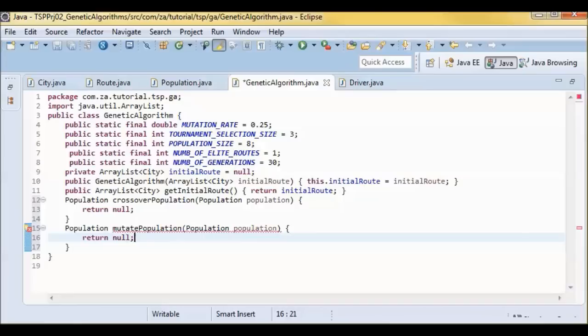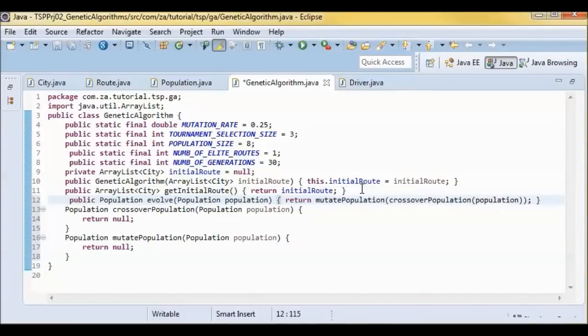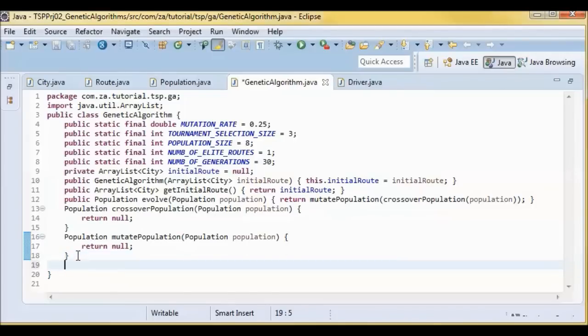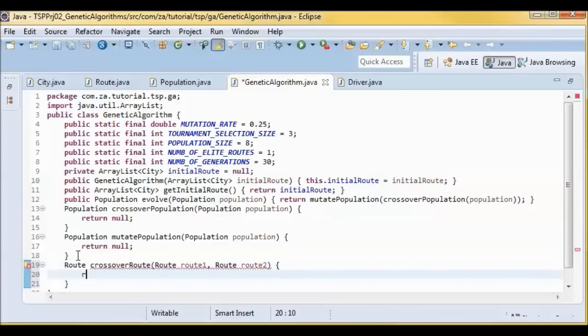So for now let's just return null, and we will have a public evolve method that will apply those crossover and mutation to the passed in population. And crossover population will end up calling this crossover route method. Let's return null for now.